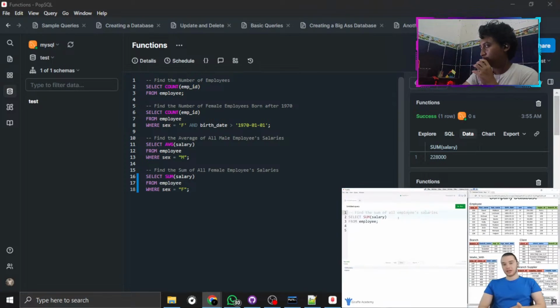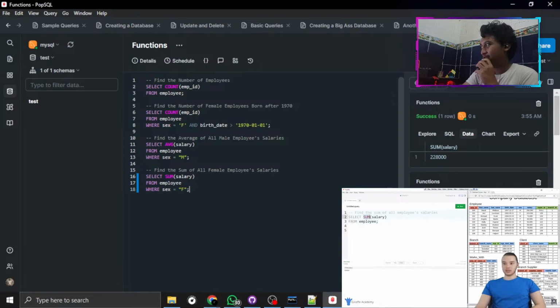I want to show you guys one more thing we can do, which is called aggregation. And aggregation is basically where we can use these functions and we can display the data that we get back in a more helpful way. So I have a prompt up here that will kind of get us started with this. So the prompt is find out how many